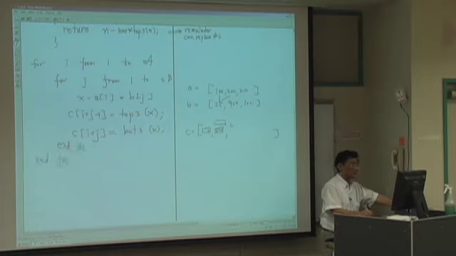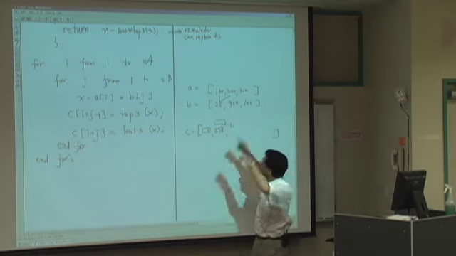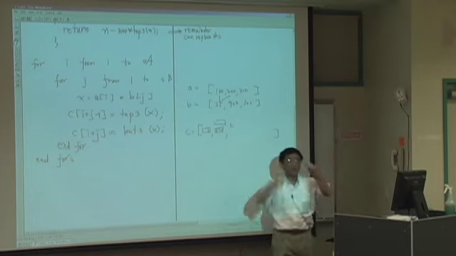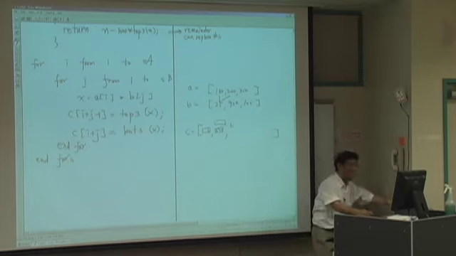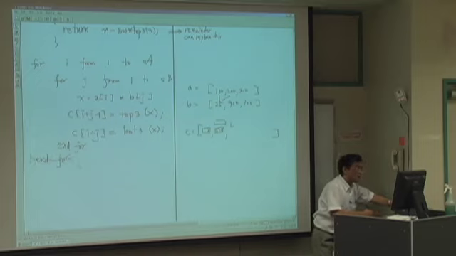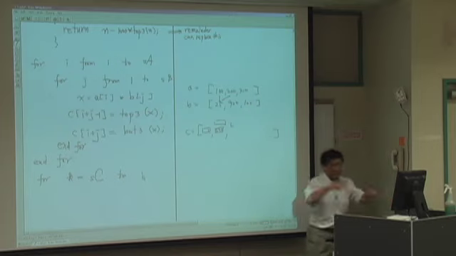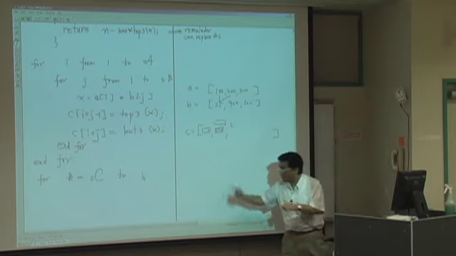Then essentially, we fill every box, and the only thing remaining is doing carryover. We should carry over. You can do carryover before this, but for efficiency, I will just finish the multiplication and then carry over at the end. It doesn't matter whether we carry over right at each individual step or at the end. Then for k running from size of C to 1 in decreasing order, by -1,